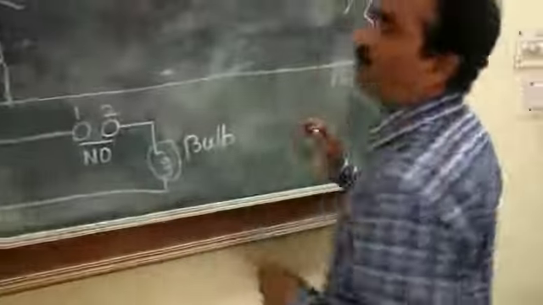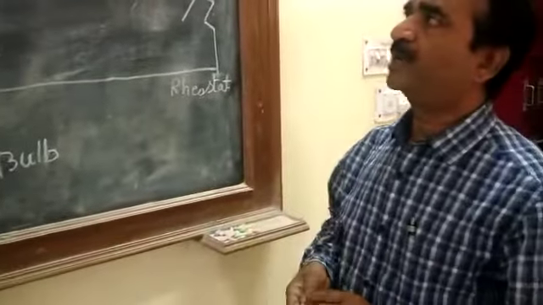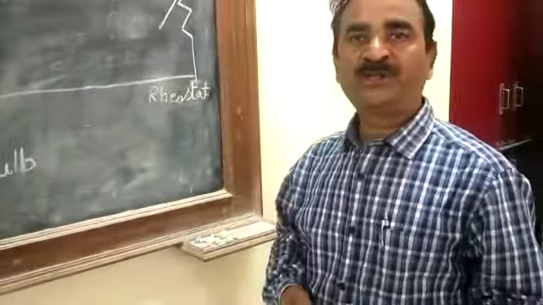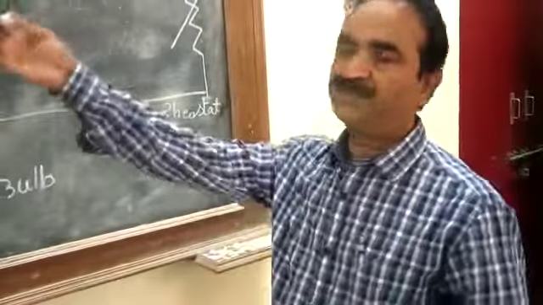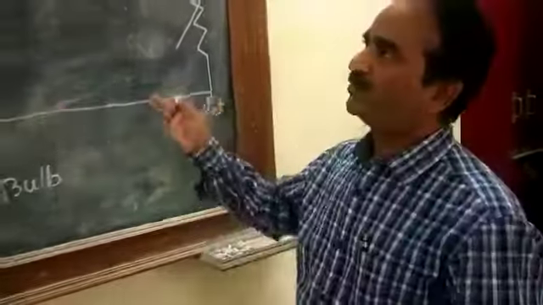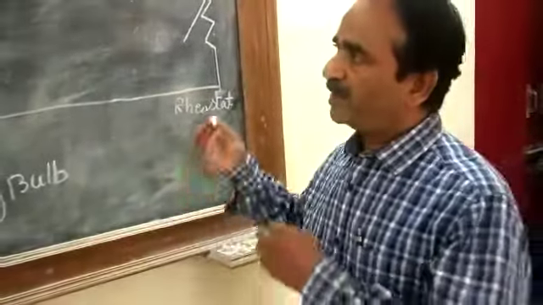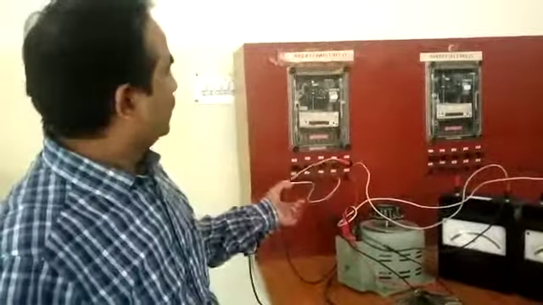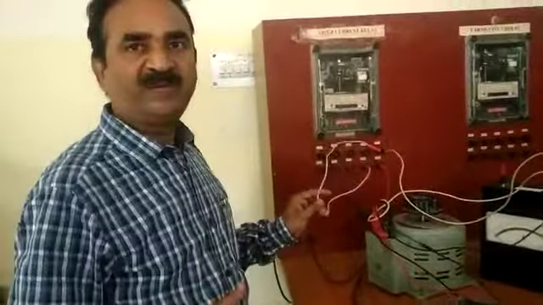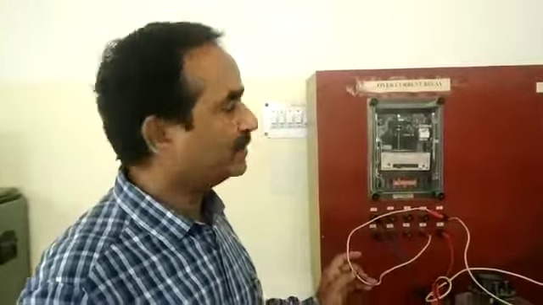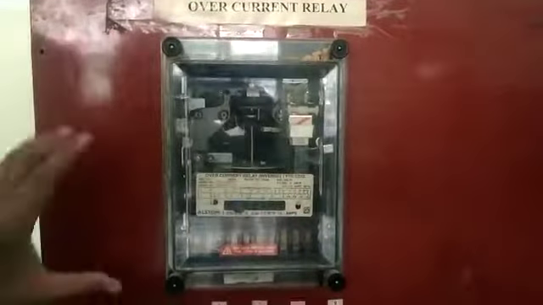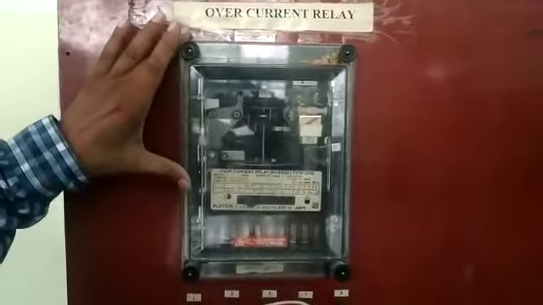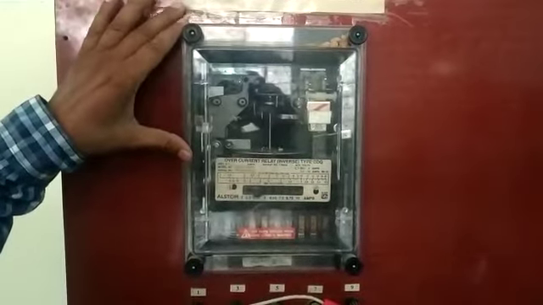So here we have to perform the overcurrent relay experiment. What is the function of overcurrent relay? How is the operation of overcurrent relay? So this is the basic circuit diagram, and these apparatus are required to perform these experiments. Now this is the experimental setup of overcurrent relay. So this is the induction type overcurrent relay. So this is the DMT based overcurrent relay.